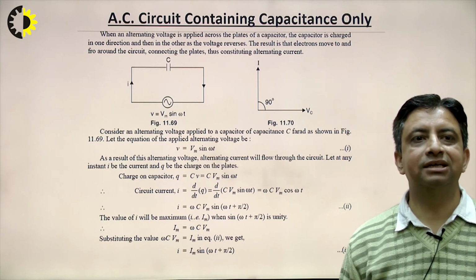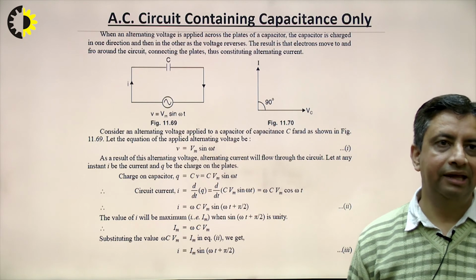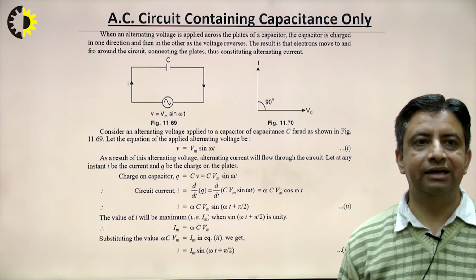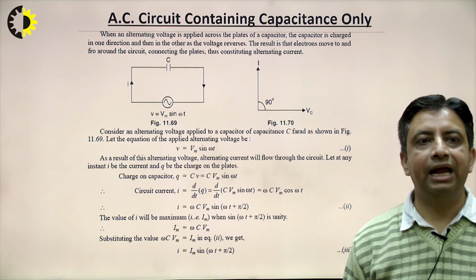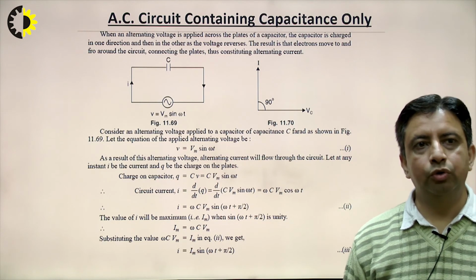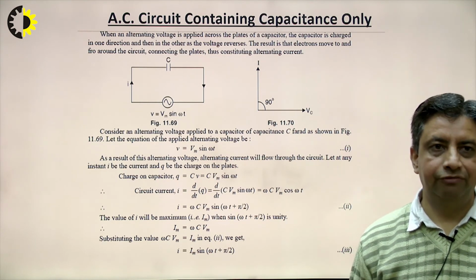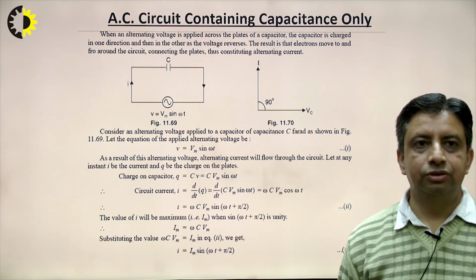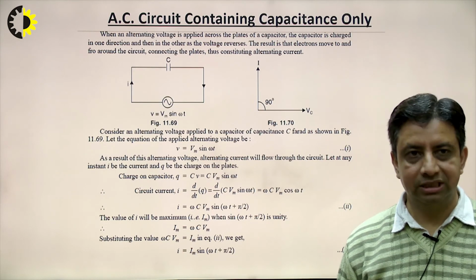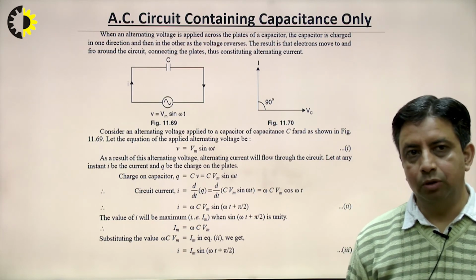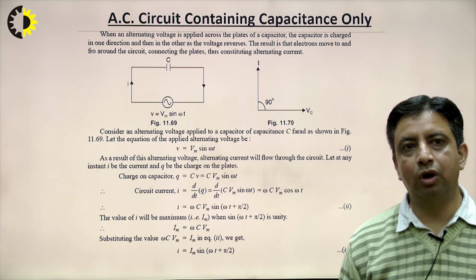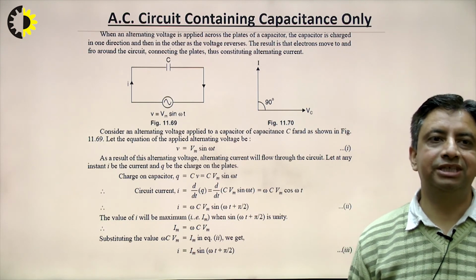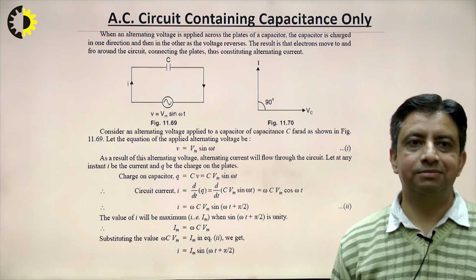Where V is the supply voltage and it is represented by Vm sin omega t. Now, here again you can see that current is equal to dq by dt. So, Q can be replaced by C into V, where C is the capacitance. As we know that it is constant, we can take the capacitance outside. Again Vm, that is the amplitude of the voltage waveform, is constant. So, Vm will come outside.